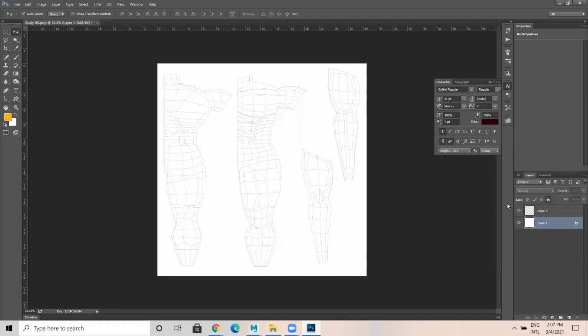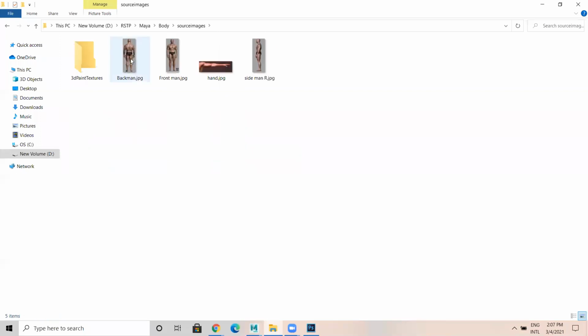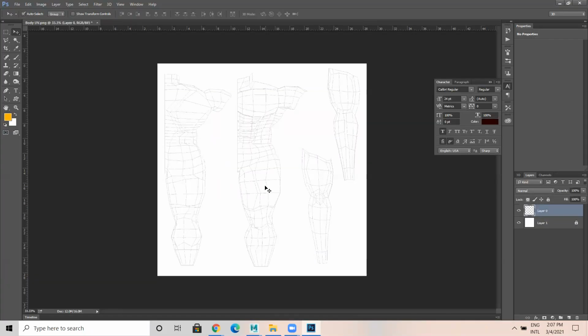Okay, so you select this, something like this. Let's see. After this, what I'll do, let us import these two reference images, front view and side view, to Photoshop.